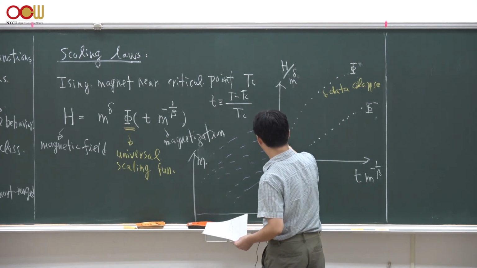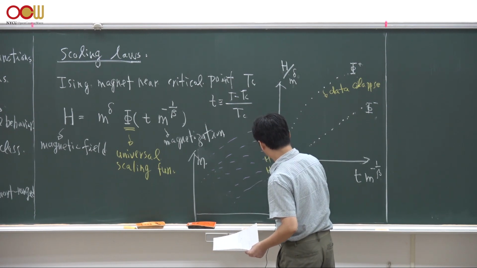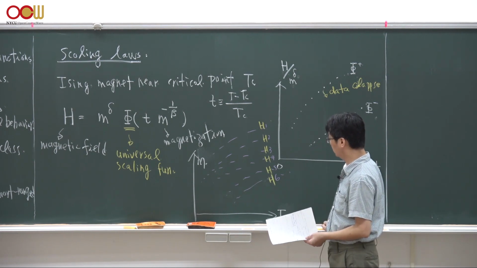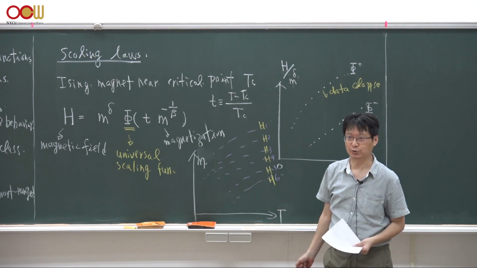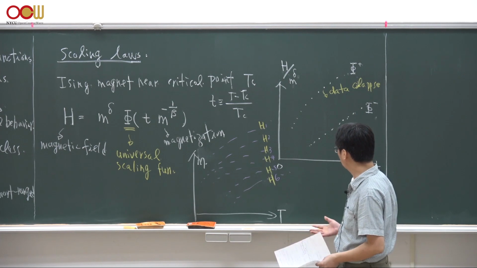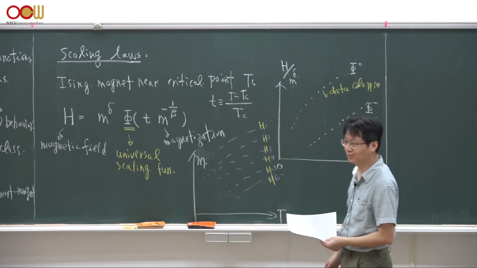So this is 1, 2, 3, 4, 5, and so on, 6. You measure this magnetization as a function of temperature at all these different fields, and you may find 6 different curves in your measurement. And you don't know whether there is some relation among these different curves, but if you are clever enough to